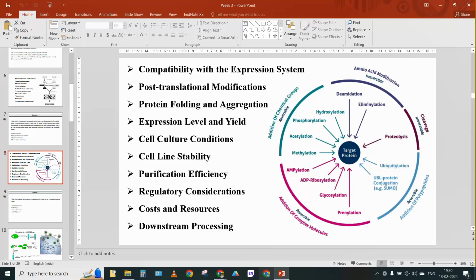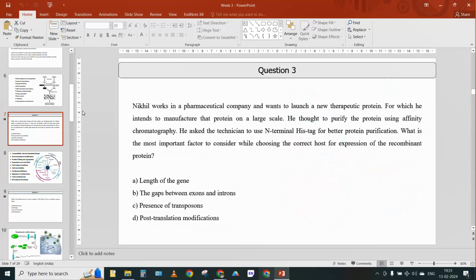Verify that the chosen host system can effectively produce the tagged protein, and that the tag does not interfere with some other protein functions. And the last, he will go through some cost and resources and some downstream processing. According to all these theories and some principles and some facts, we can say that Nikhil should have chosen the post-translation modification as an important factor to consider while choosing the correct host for expression of the recombinant protein here. So according to me, the option D is the correct one,